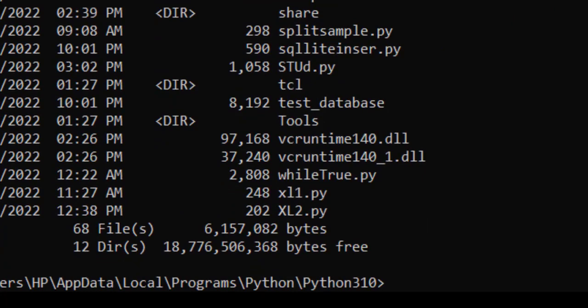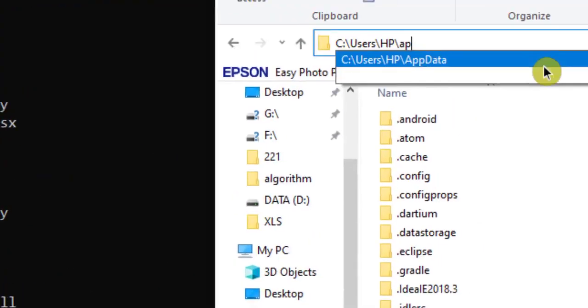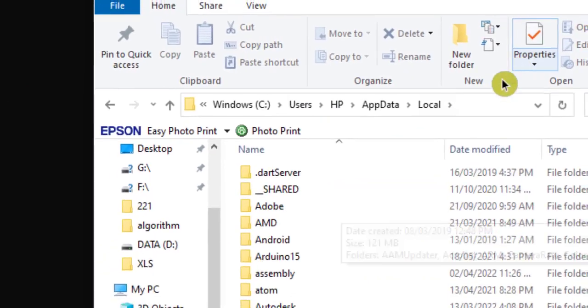Okay, users, HP, and since it's in the local or AppData, I'm going to locate it from here. AppData, this one, so we can see it local, and then